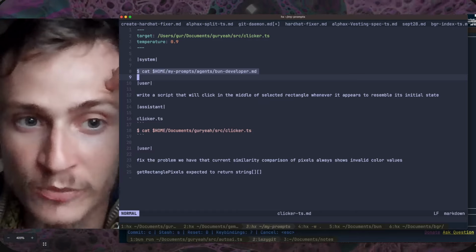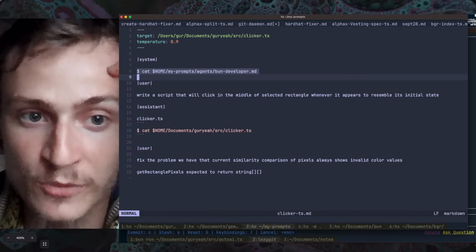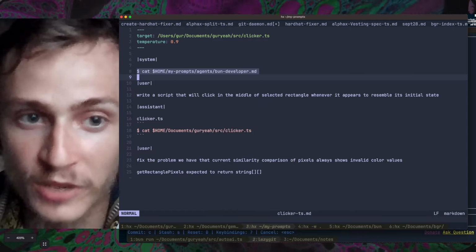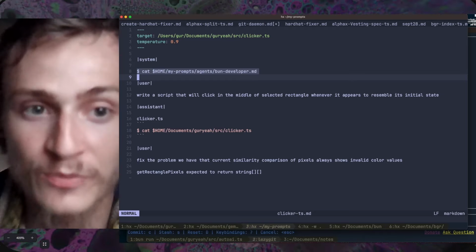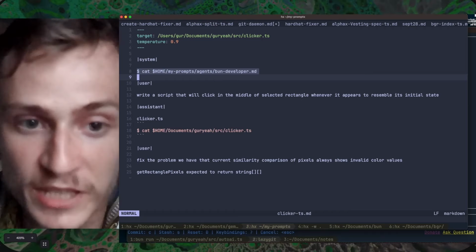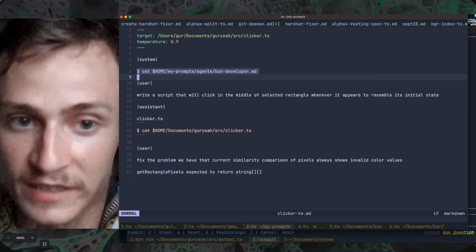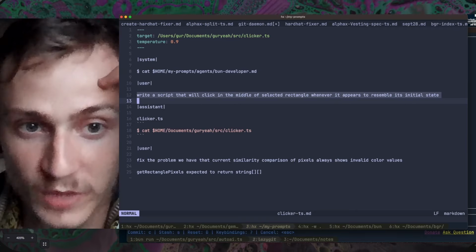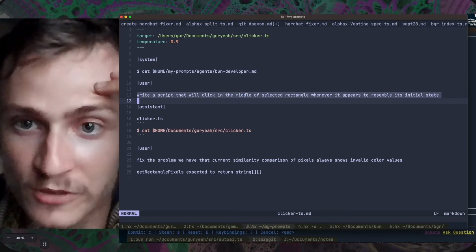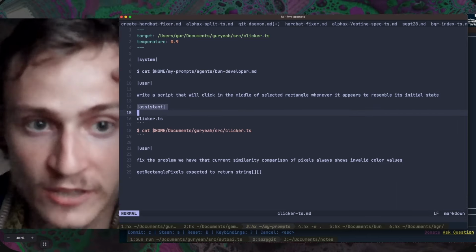In the Bun Developer markdown document, we have some rules for how this agent should act, and it has knowledge of the particular Bun shell documentation. So that's why it will produce exact code that works, because it corresponds to the documentation